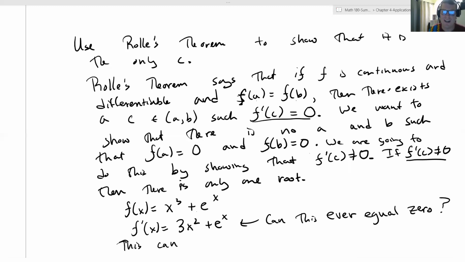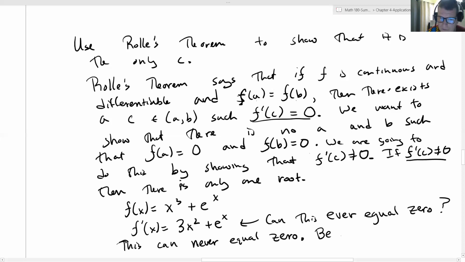Well, yes, it's undefined at 0, but we need to know why. It has a horizontal asymptote at x equals 0. That's true. Okay. This can never equal 0. Although having a horizontal asymptote doesn't necessarily mean that x can never equal 0. You could actually have an end behavior asymptote, and you could cross it. So,